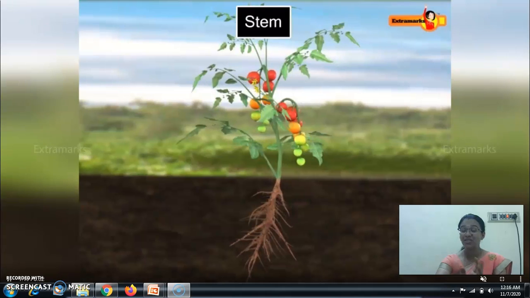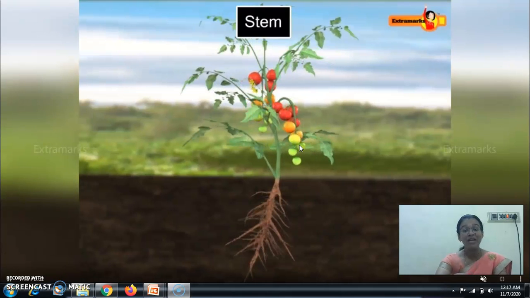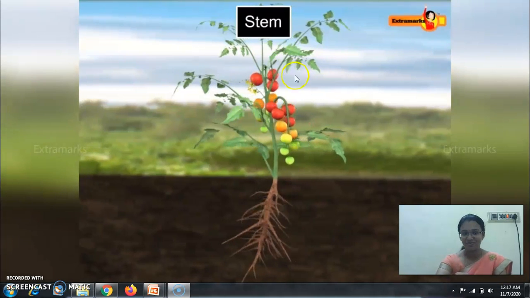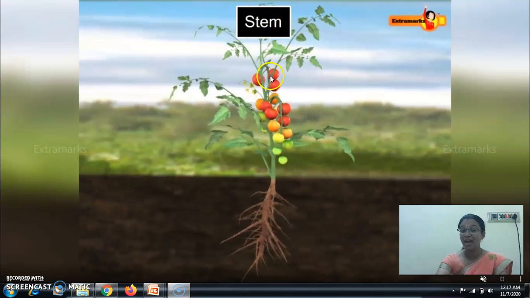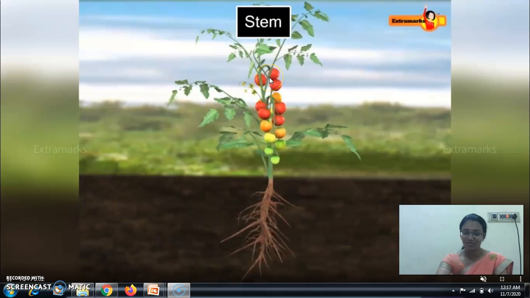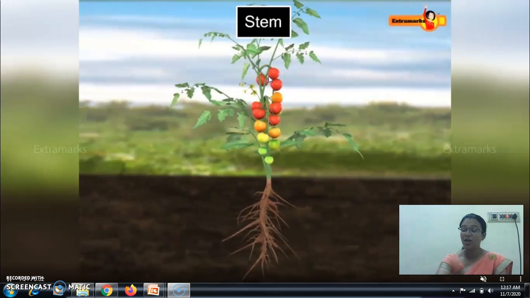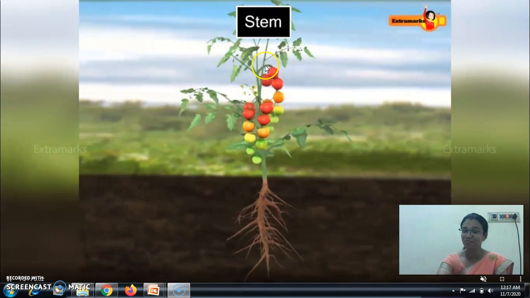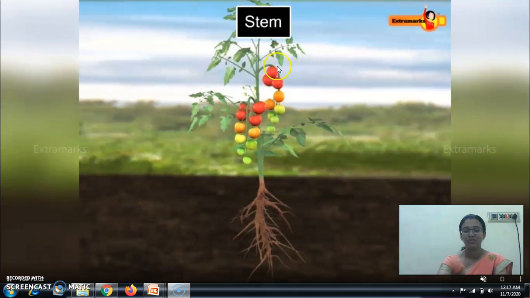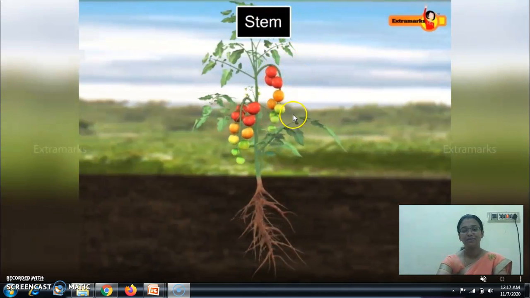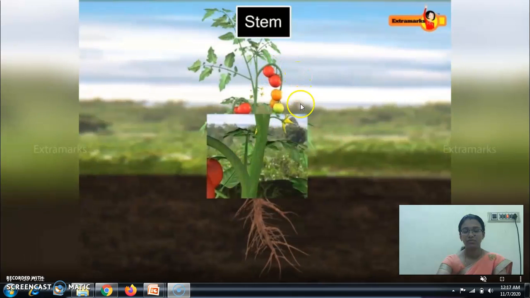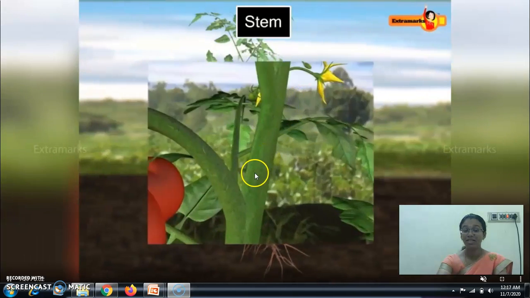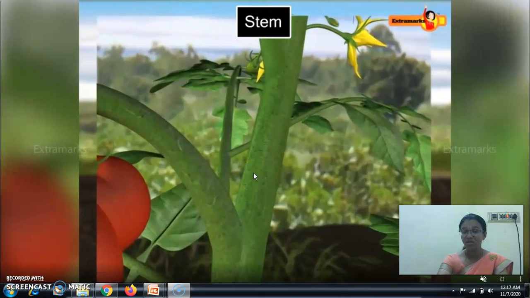Stem helps in transportation. We have discussed it. What are the functions of stem? So look at this figure. What is this? Stem. So the stems are